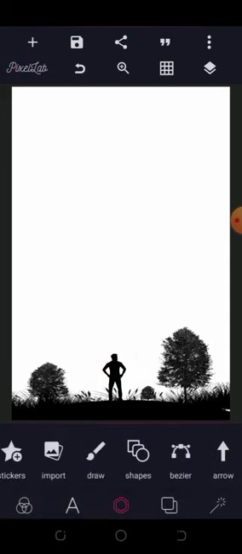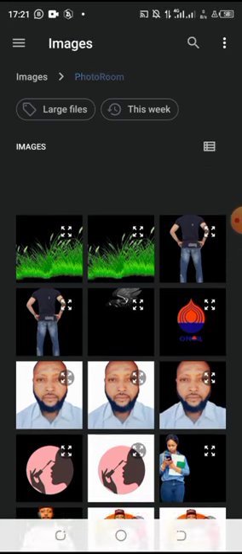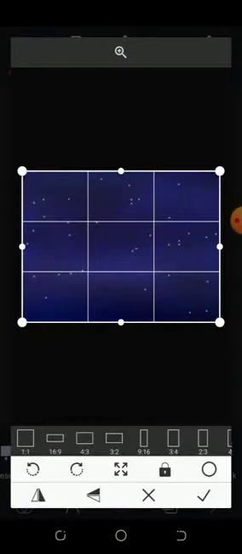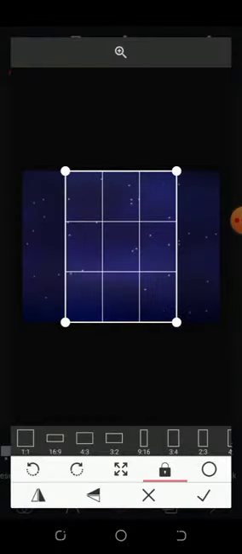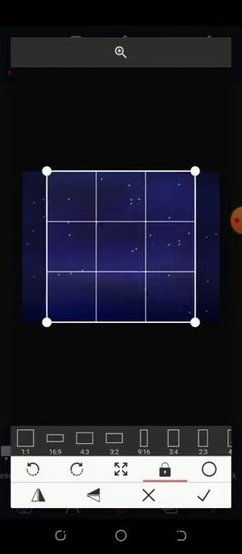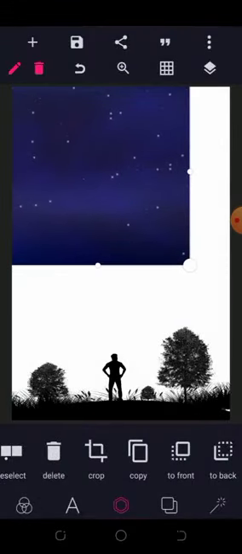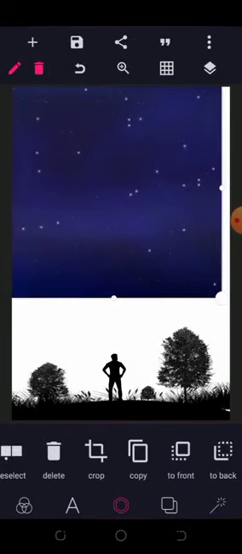I'll bring in another image that I downloaded also. Okay, so I'm going to bring that image in here. Let me try this, if this is going to work or not. Let me use the 1:1 ratio and then see if I can size this image. Okay,